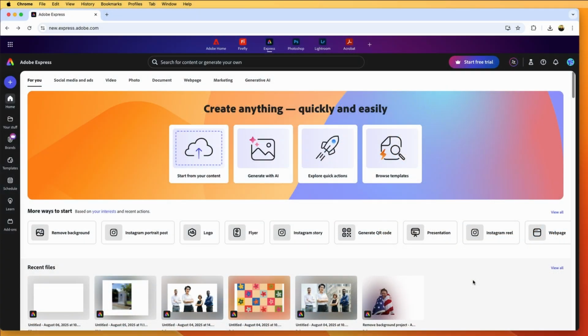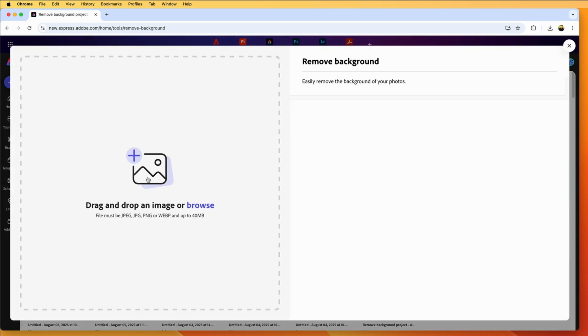Okay, so let's use Adobe Express to remove the background, and this is free. You don't need to start a free trial. You just need to register. So once you register, and just keep it free, Adobe Express allows you to remove background as many times as you want. Okay, so for that, you could start here, but do not start with the start from your content. Instead, click on remove background, and then you can click here to find your image, or you can actually